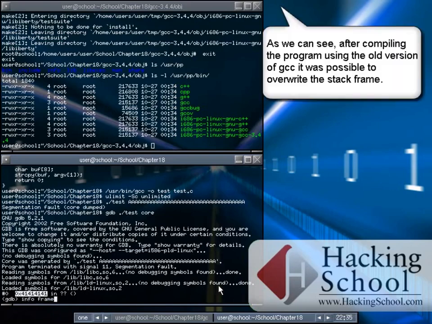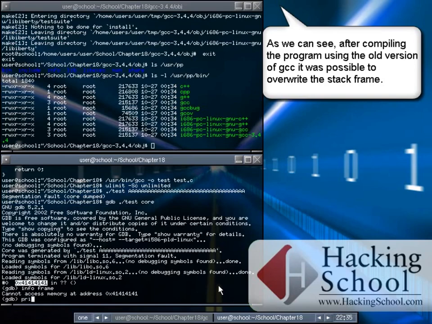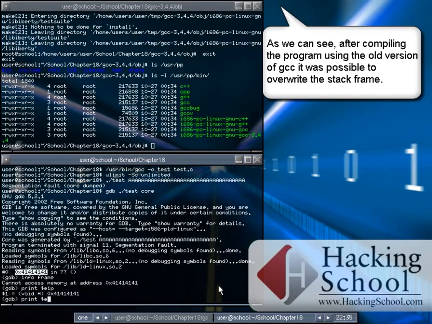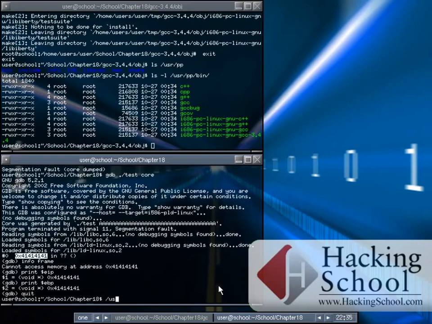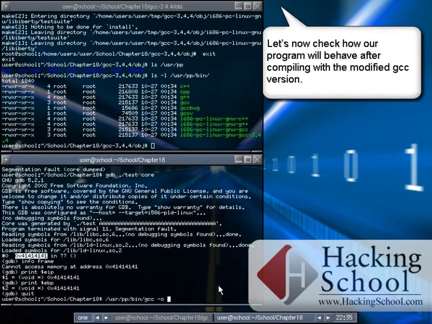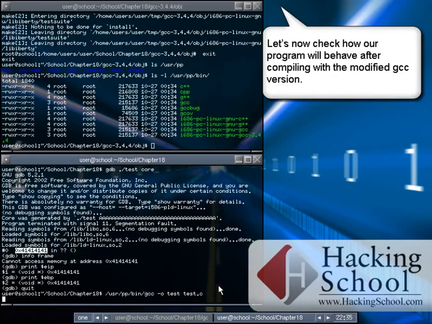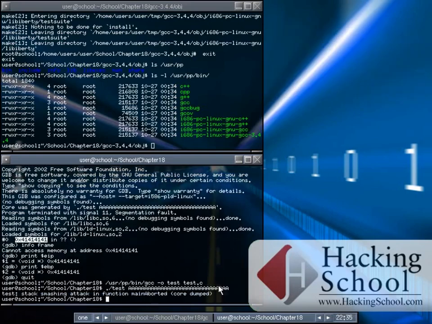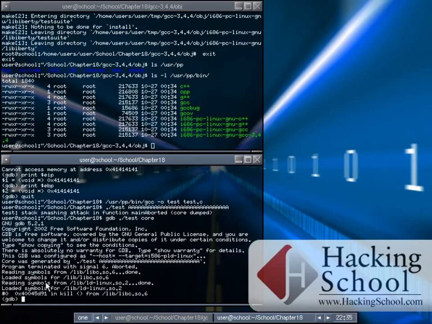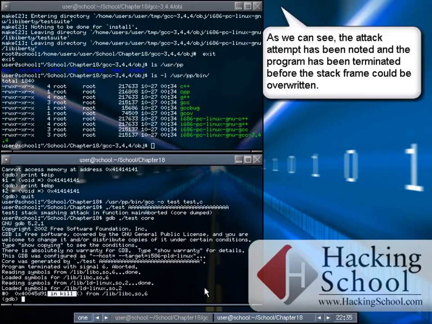As we can see, after compiling the program using the old version of GCC, it was possible to overwrite the stack frame. Let's now check how our program will behave after compiling with the modified GCC version. As we can see, the attack attempt has been noted in the program and has been terminated before the stack